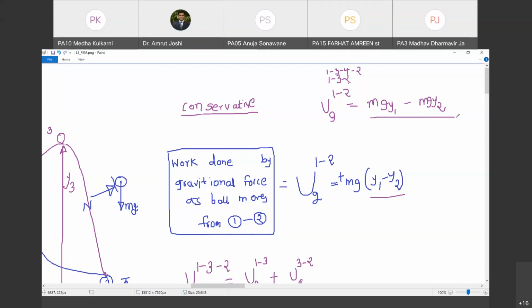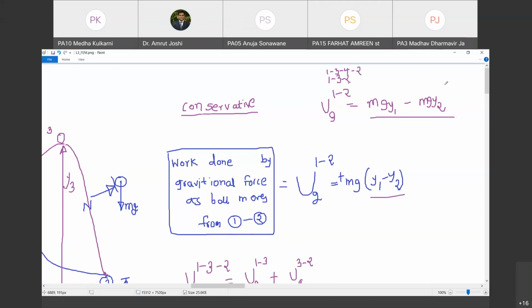हाँ, तो अब जरा मुझे बताओ, ये वर्क डन बाय द ग्रेविटेशनल फोर्स, इज इट ए फिजिकल क्वांटिटी और नॉट? ये तो फिजिकल क्वांटिटी है. तो फिजिकल प्रॉब्लम सॉल्व करने की शुरुआत किसी फिजिकल क्वांटिटी से होनी चाहिए. इन दिस कॉन्टेक्स्ट द फिजिकल क्वांटिटी इज वर्क डन, ना कि पोटेंशियल एनर्जी. अब जो कि work done is dependent only on initial and final position of the object in case of gravitational force. Are you with me?